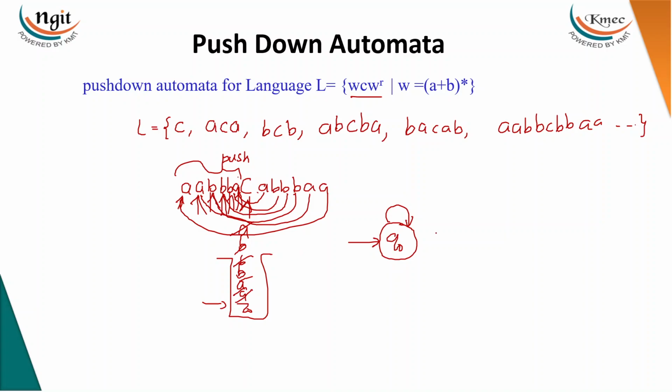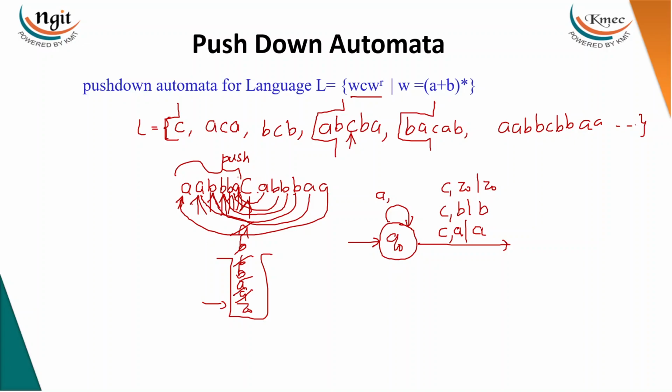So before C, okay. If it is C, you may be having A, no need to push anything. If it is C, sometimes you may have B, no need to push or pop. If it is C, sometimes you may have Z0, no push, no pop. For this C, we will be already having the AB in the stack. For this C, we will be having A. For this C, we will be having Z0, like that. No push, no pop. But before C, if it is A,